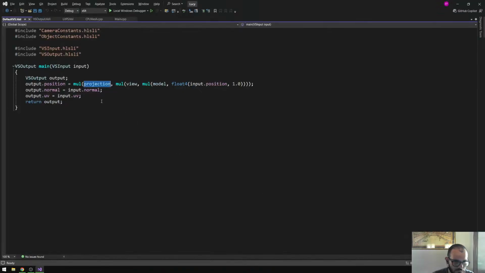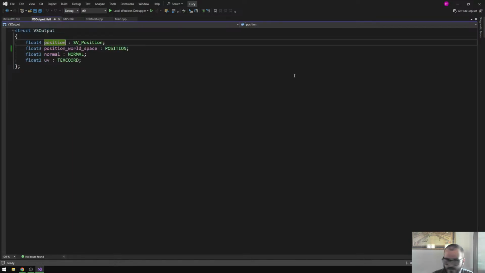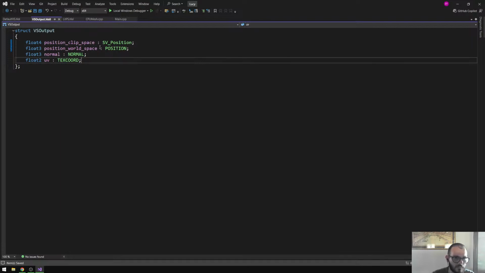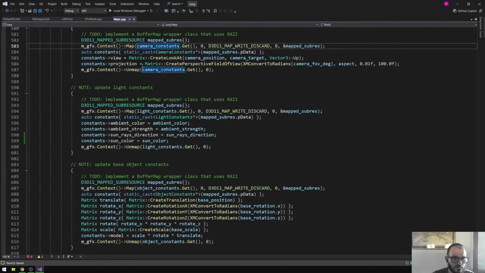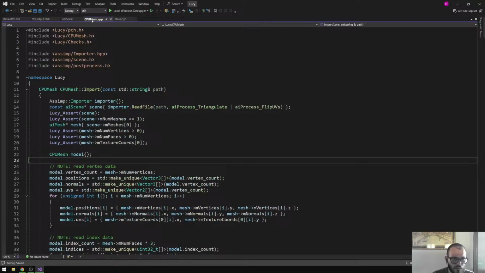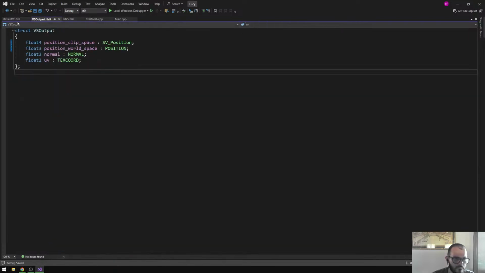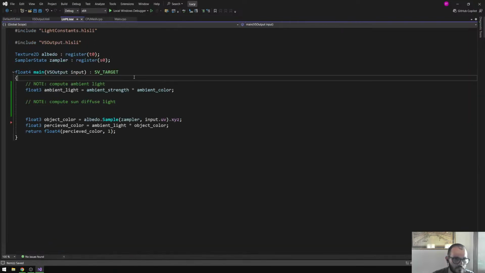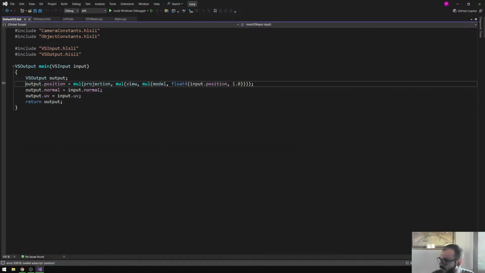Okay, so the vertex shader output, this is the position in clip space. Position clip space,